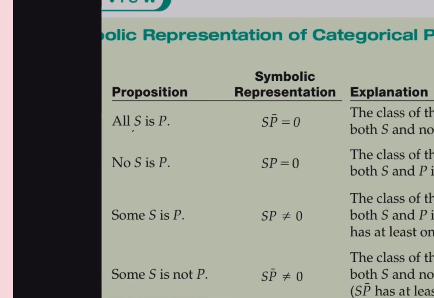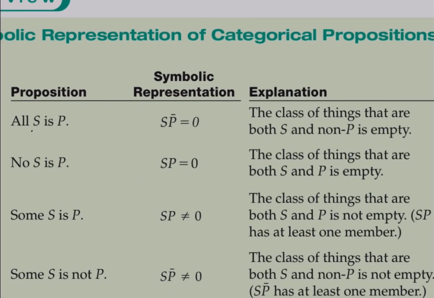Now moving to the main part. Okay, before moving to the main part, let's see All S are P equal to 0. Equal to 0 in the sense that the subject part is 0. इस केस में जैसे आप सर्कल बनाते थे, वेन डायग्राम बनाते थे, तो यहाँ पे जो आपका S और P है तो S non-P is empty. The class of the things that are both S and non-P is empty.